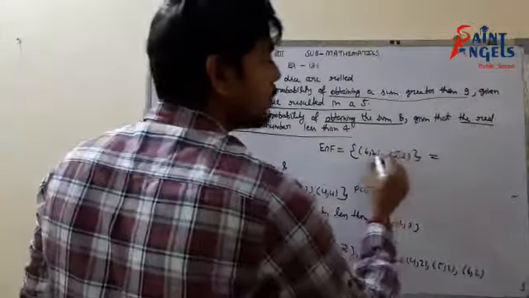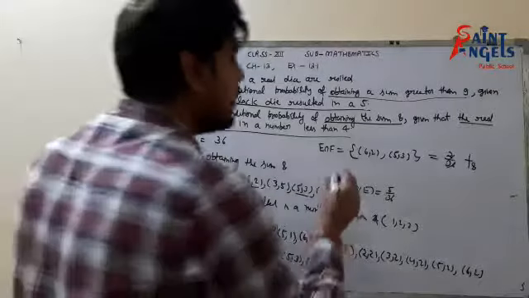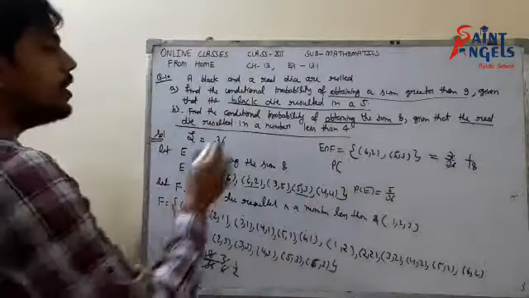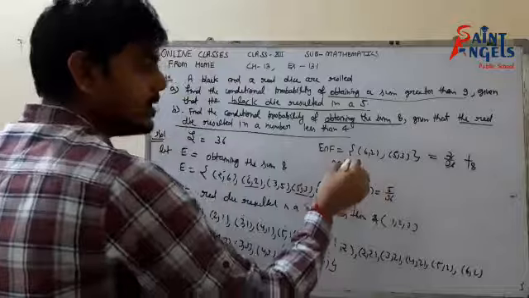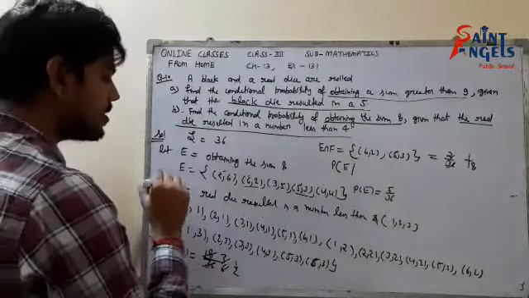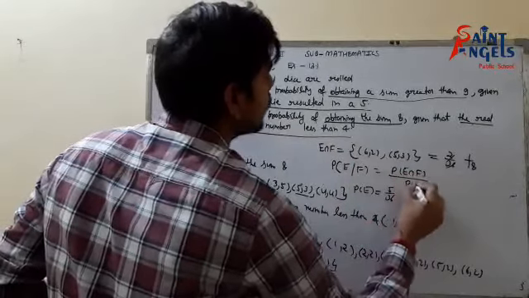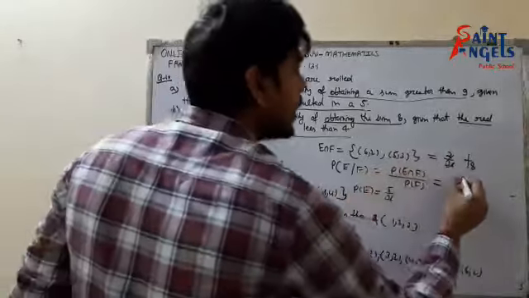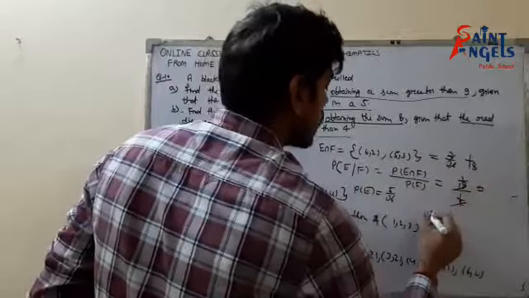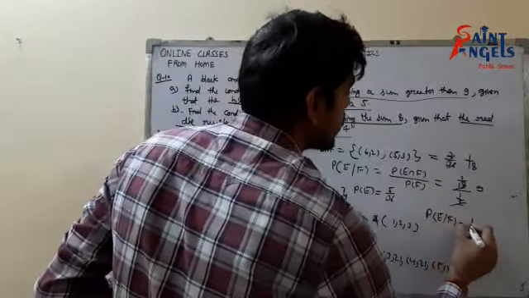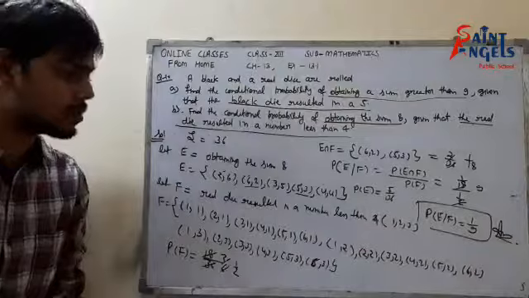Now P(E intersection F) would be 2 upon 36, which is 1 upon 18. So now we have all the values. Now we have to find the conditional probability of obtaining the sum 8, event E, given that the red die number is less than 4, event F. The formula is P(E intersection F) upon the probability of event F. So P(E intersection F) is 1 upon 18 and P(F) is 1 by 2. So that would be 1 upon 9. So P(E|F) for part B is 1 upon 9, the answer. I hope it's clear. Very easy question, but you have to do it in a systematic manner. So please pause the video and note it down.